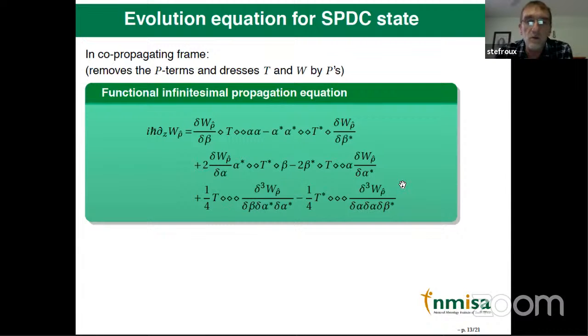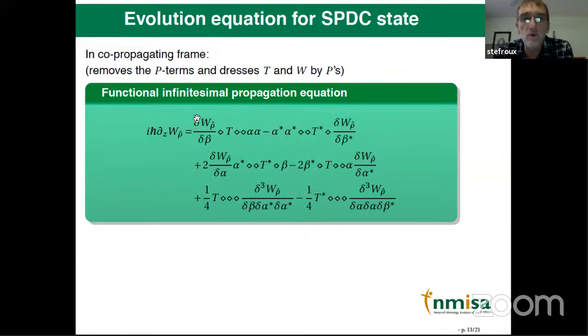Now it looks very nice and compact. If I wanted to write it out in terms of all the integrals, it would fill more than one page. It will be a very, very complex expression. So what we have here is, you see the T's are the vertices, and it is contracted on two down-converted field variables here, or maybe a functional derivative with respect to a field variable, and then the beta is the pump. So it's either a functional derivative with respect to the pump, or it is the pump field itself.